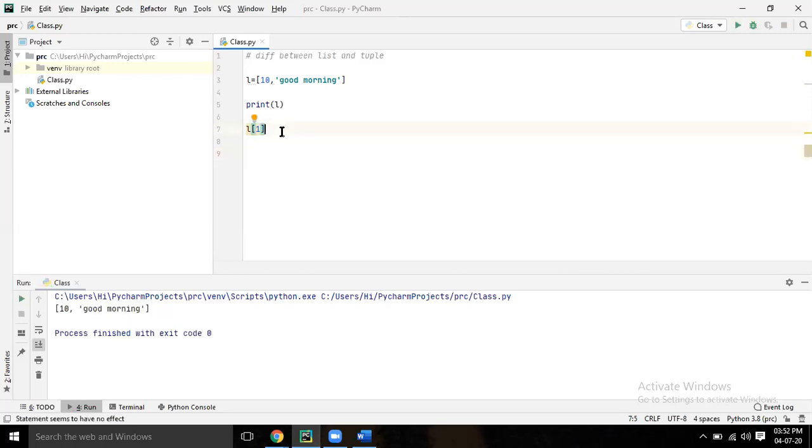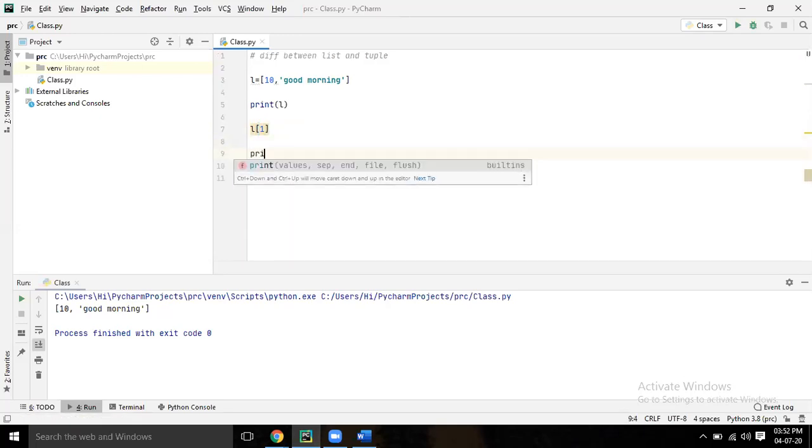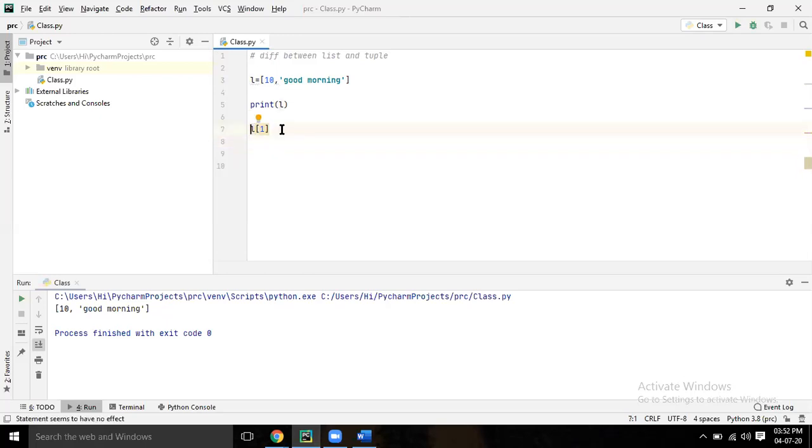If you want to display, you have to print it. The whole thing you print. Before L, write print, then bracket start, and run it. What do you mean by L1? List of first, 0, 1. Don't forget all these things. Don't give space between the two print. Now enter.